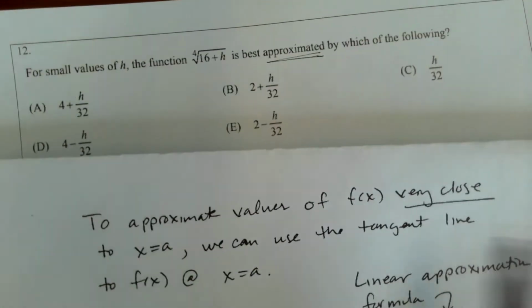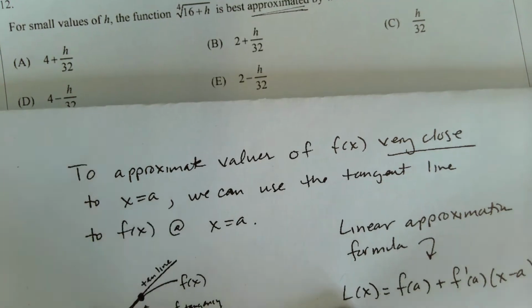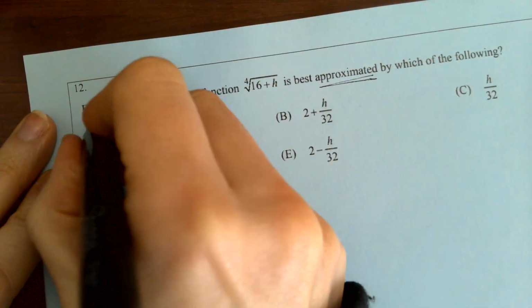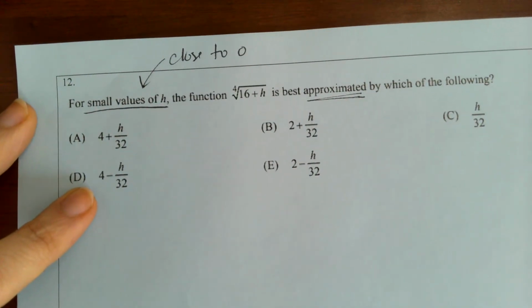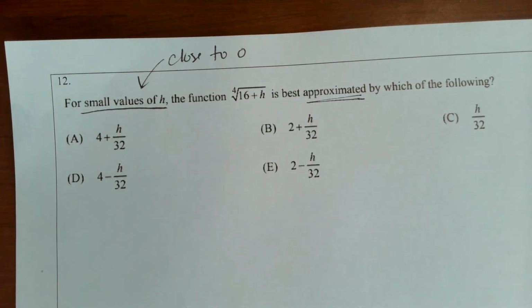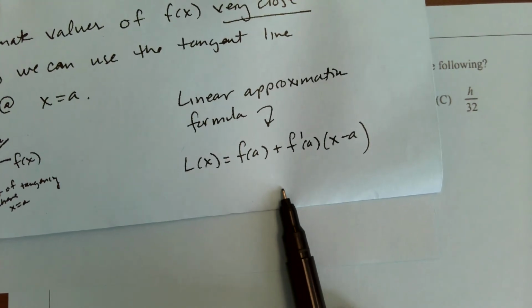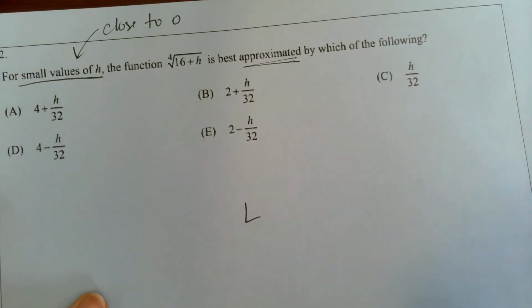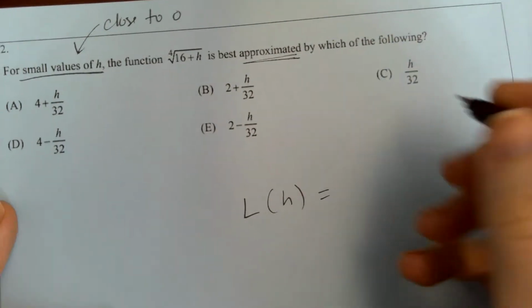But guys, it says very close to a value. So to approximate values of f very close to a certain input, what would our input be very close to? Guys, for small values of h, small values means close to 0. So we're basically using this formula, but a is going to be 0. You need to know that L, and the variable's h here, but you could use x. I'll use h. So L of h is equal to